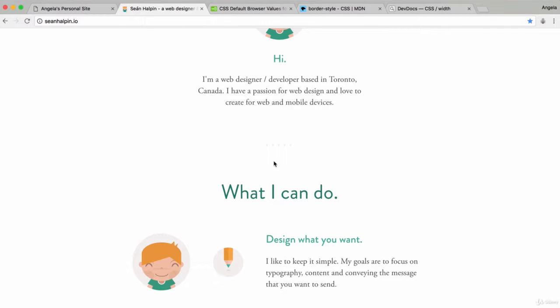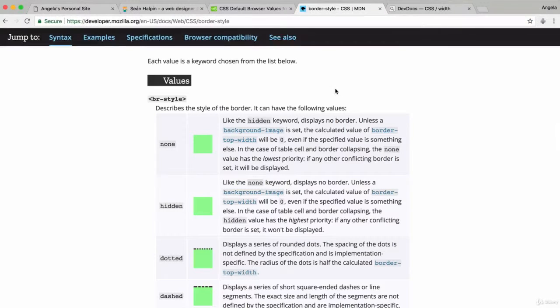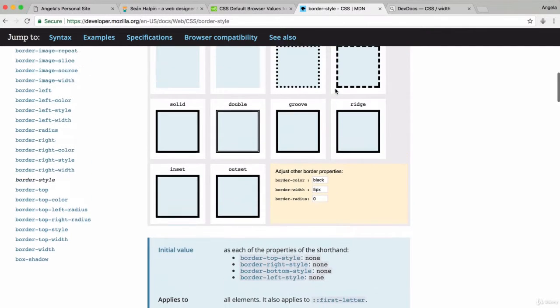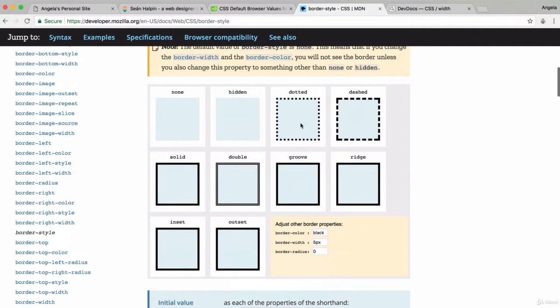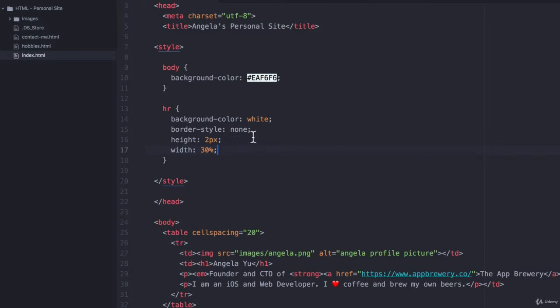All right, so how did that go? Now, in order to make our horizontal rule look similar to this, we know that we can change the border style. And one of those styles is the dotted style. And MDN very helpfully has this interactive box where we can change the properties of these borders. So we already know that we can't have a border set to none. We're going to need it to be dotted. But if we simply change this border style to dotted and hit save,